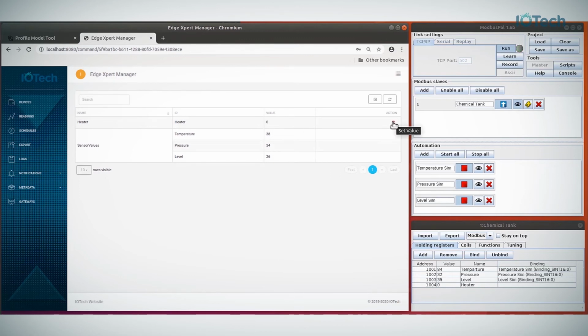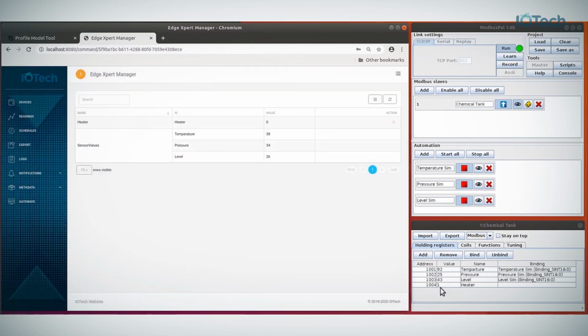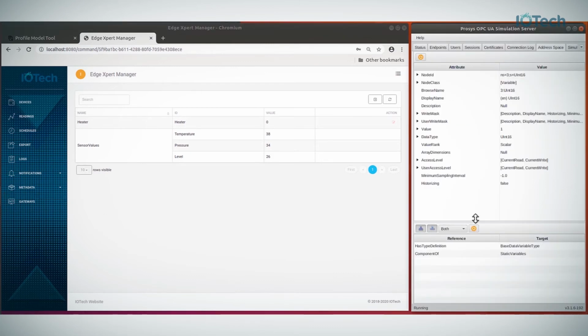So with this icon, because it's read-write, I can set its value. So for example here, if I set the heater to be on, then you can see that reflected on the actual Modbus device. Okay, so that's demonstrated two-way data flow between Modbus device and Xpert. But I also wanted to demonstrate interoperability by bringing multiple protocols into the platform. So I'm using an OPC UA server by Process, which I'll bring in here,